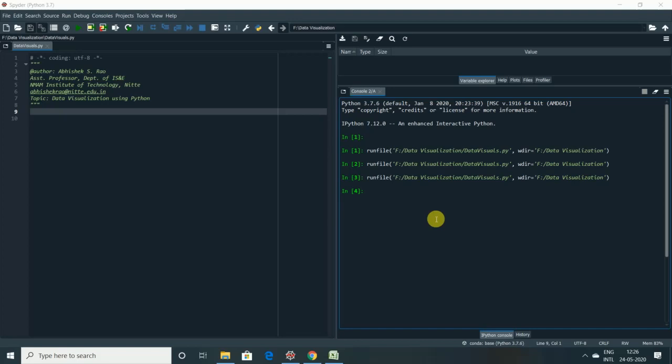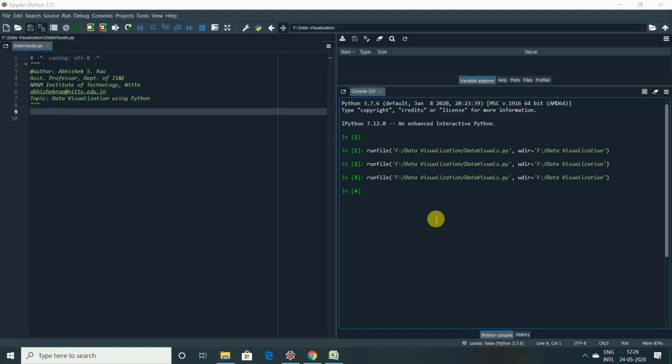Similarly, PyPlot is also a submodule within Matplotlib and one of the most important submodules used for statistical plotting. The added advantage of Plotly over Matplotlib as well as Seaborn is that it has a wide array of applications where you can make use of Plotly for dynamic data visualizations.